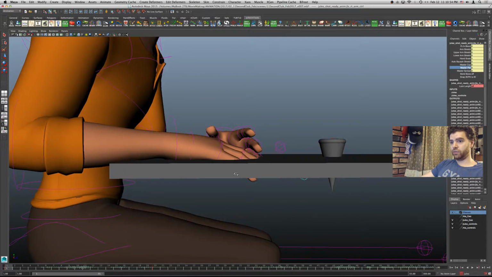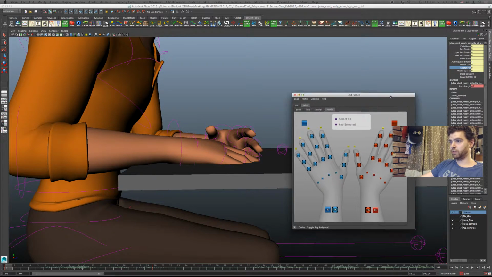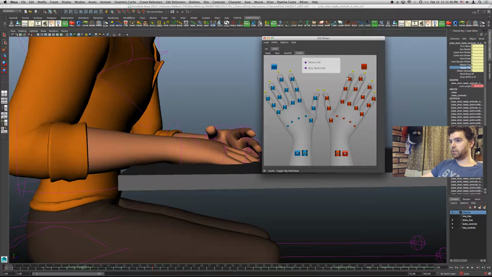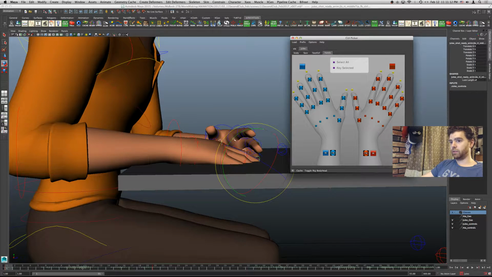Instead, I decided to just use the GUI picker over here. You'll see there's all of these individual controls for all the joints and parts of the hand. And there are major ones, like this is just the whole finger. I got this to rotate. The finger is a unit.